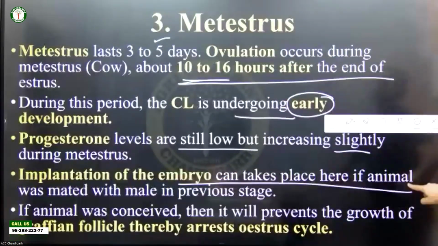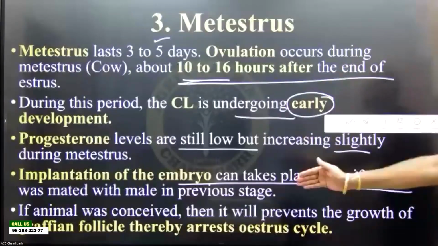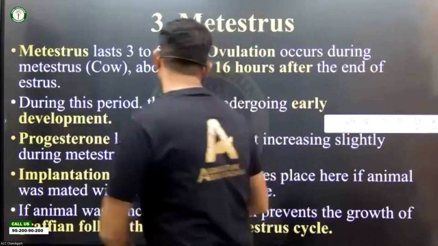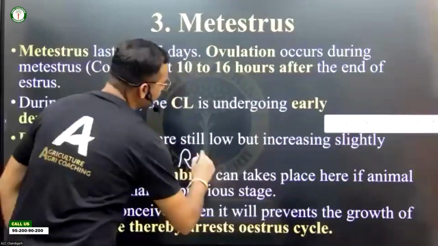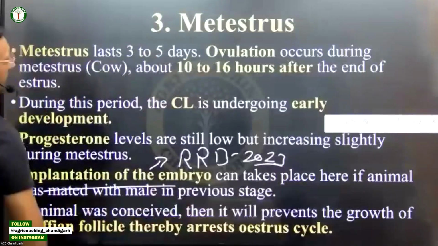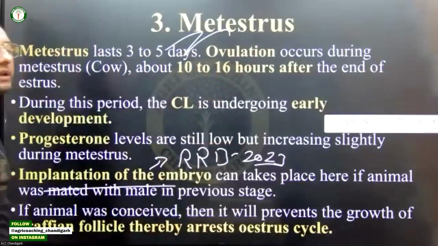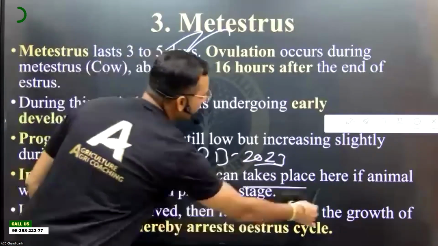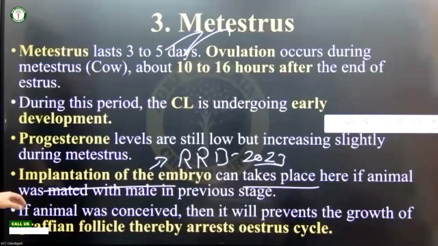Implantation of embryo can take place here if the animal was mated with the male in the previous stage. In the RRBSO 2023 examination, they asked this question: implantation of embryo will be done in which stage? It will be Metestrus. Implantation of embryo will be done in Metestrus, right? So implantation of embryo can take place here if the animal was mated with the male in the previous stage, and